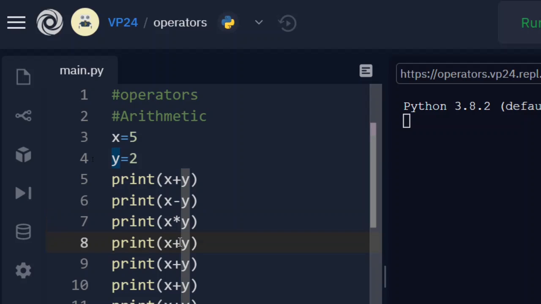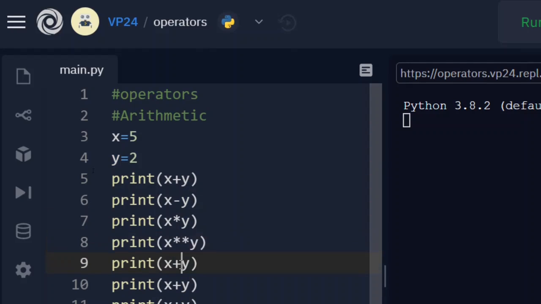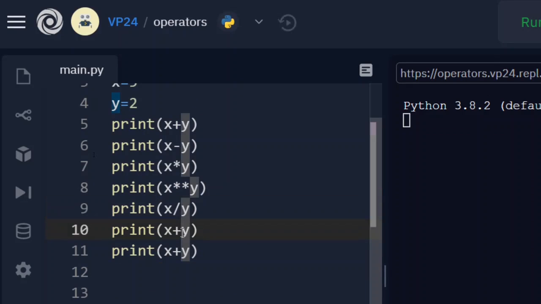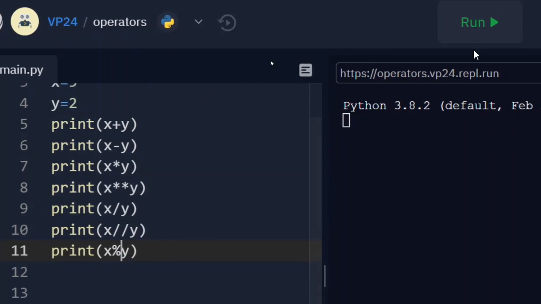This is the power of operator, division, floor division, and then one more, that is modulus. We have talked about this before in our previous videos when we learned the int and float data types. Now if I just run this,